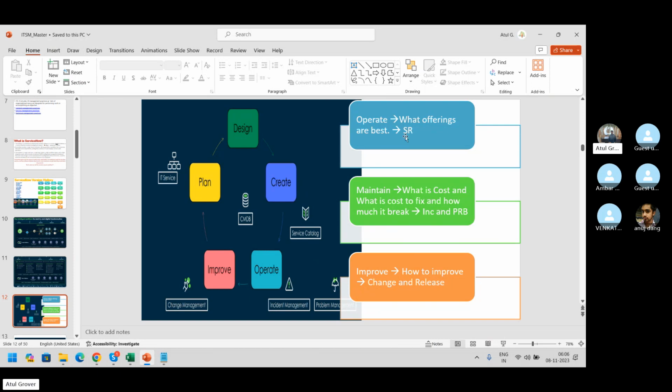And how do we publicize these offerings? With the help of the service request or the service catalog and request management. In a CV, what a company sees is your portfolio, your service offerings. Ishwar is a good project manager, a good consultant, a good transfer manager, good at team management.